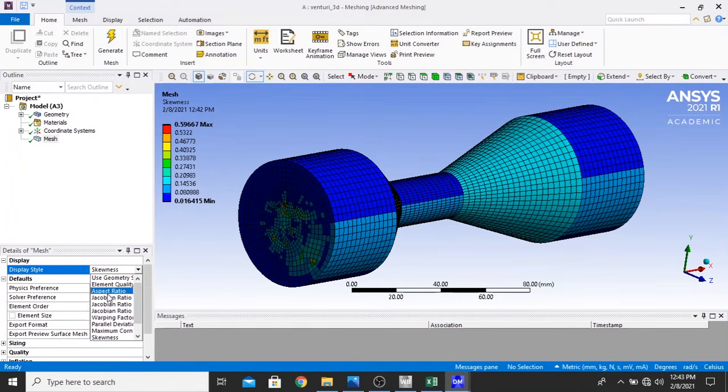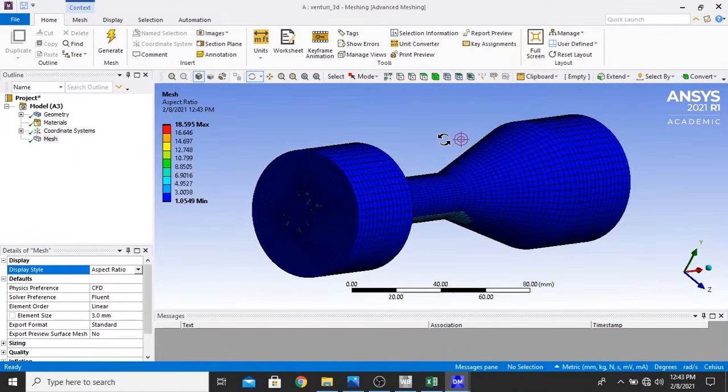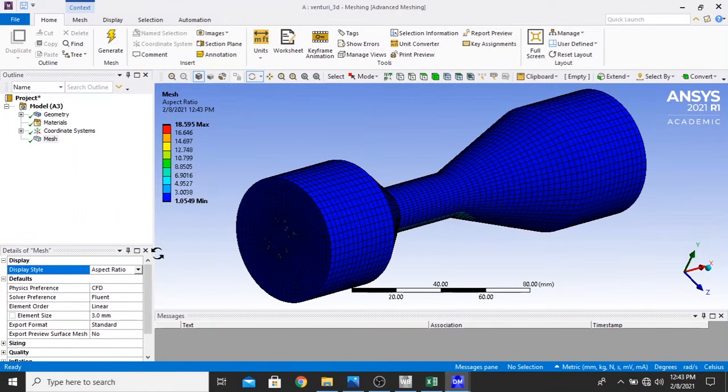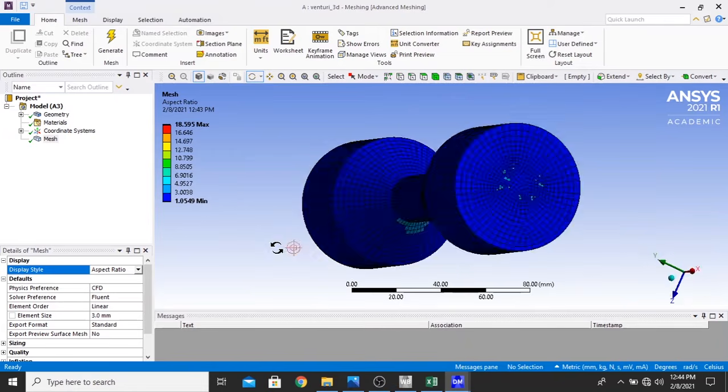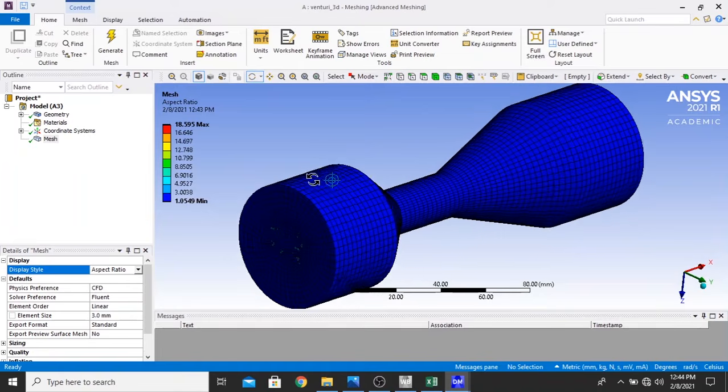The second option that we can choose to examine our mesh quality is aspect ratio. The aspect ratio is the ratio between the bigger cells and the smaller cells. And again, just like skewness, the closer to the blue zone or blue colors indicates good mesh or good cells, and the closer to the red zone or red colors indicates the worst mesh or worse cells. Okay, after examining the mesh,